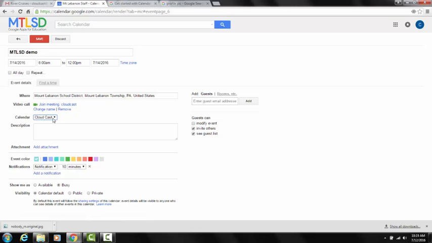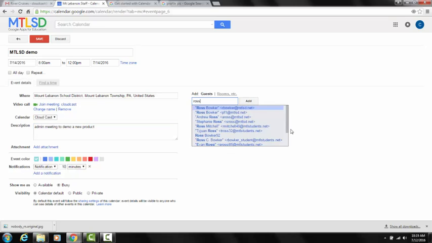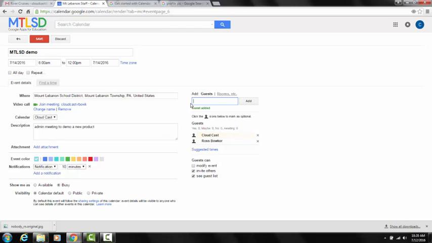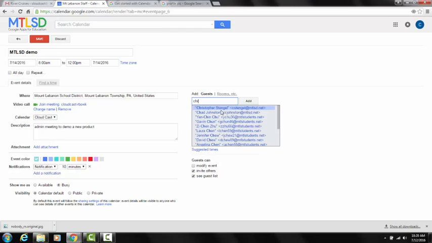And if I have multiple calendars, I can choose the calendar. I just created a demo one here. And so this might be admin meeting to demo a new product. Now, if there's people that I want to add, maybe I want to add Ross, and as soon as I start typing, his email address comes up. I can click enter. Maybe I want to have Chris,